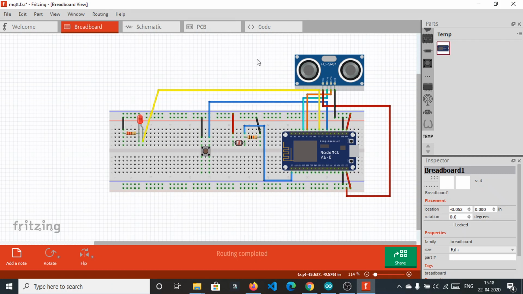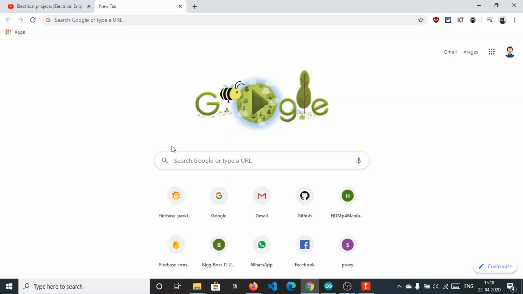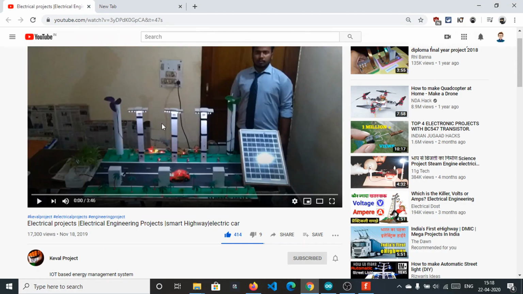So this is the circuit diagram which I have created on Fritzing. Basically the smart street light project which I have shown you, I am going to implement with simple single things. Like this guy has used 3 sensors, 3 LDRs, 3 LEDs, 3 electric poles.